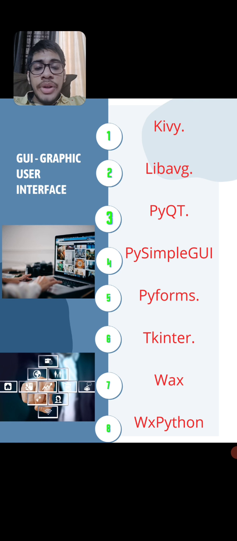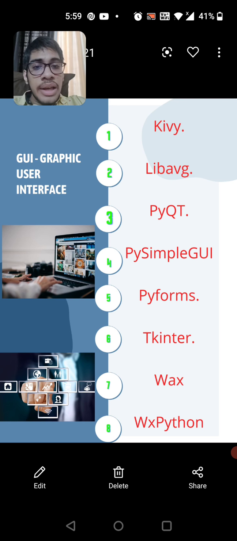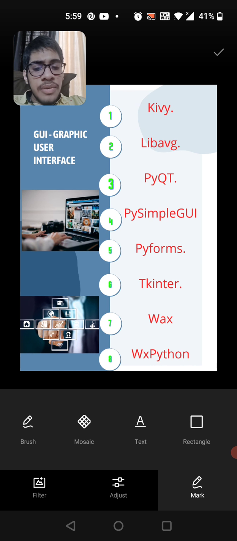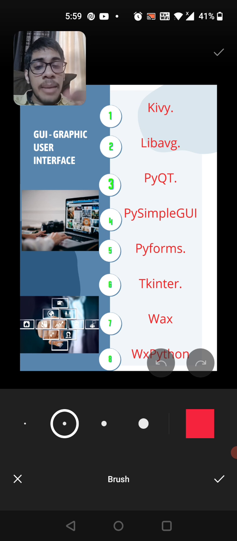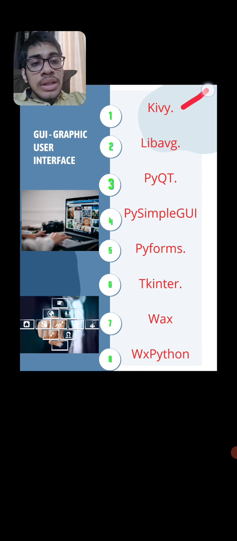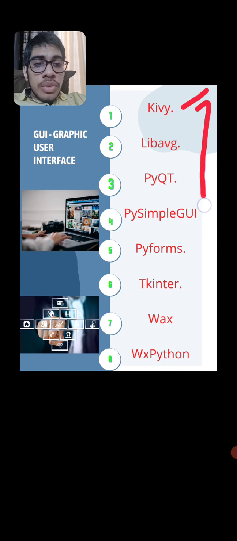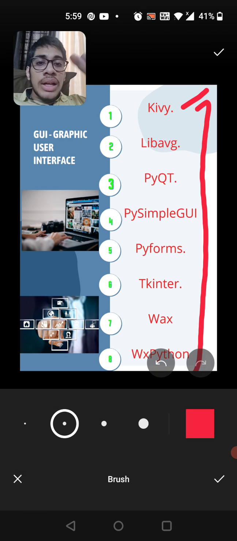So what we are going to do is see which things can be used to make this GUI in Python through text coding. First is Kivy. These are all modules through which you can make GUI.